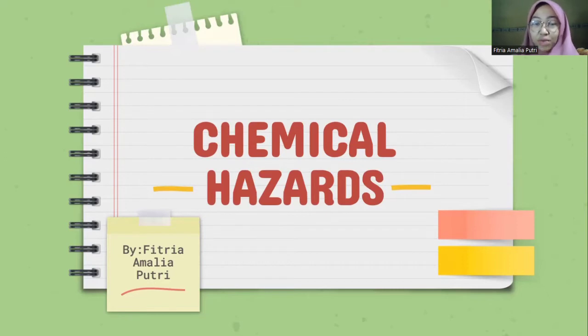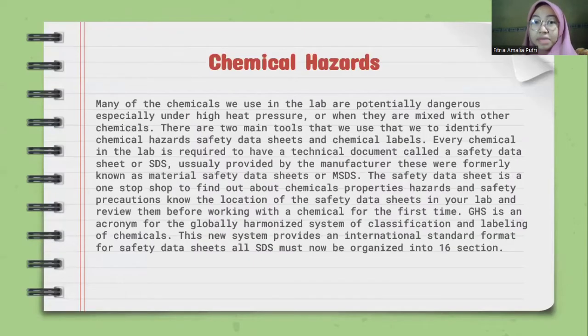In this video, I will explain my summary about chemical hazard. What is chemical hazard? Many of the chemicals used in the lab are potentially dangerous, especially under high heat, pressure, or when they are mixed with other chemicals. There are two main tools that we use to identify chemical hazard: safety data sheets and